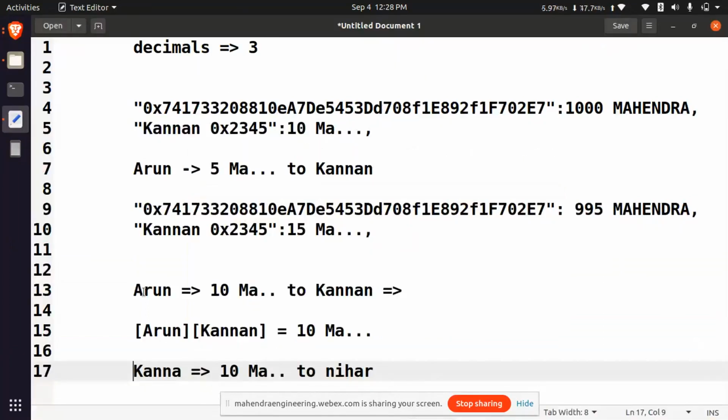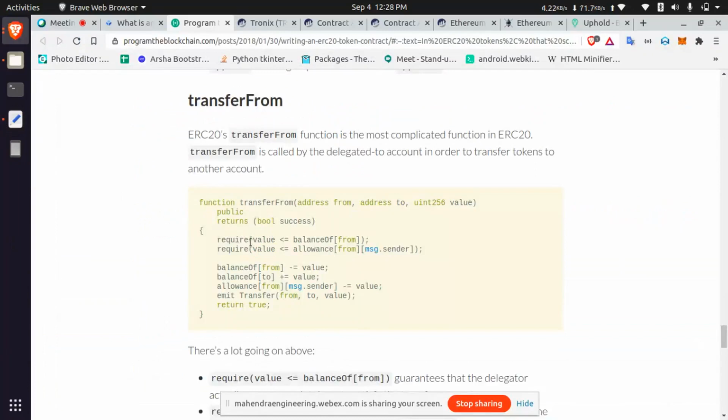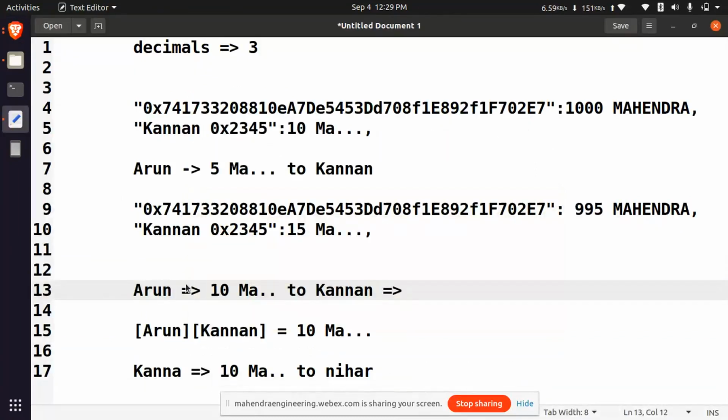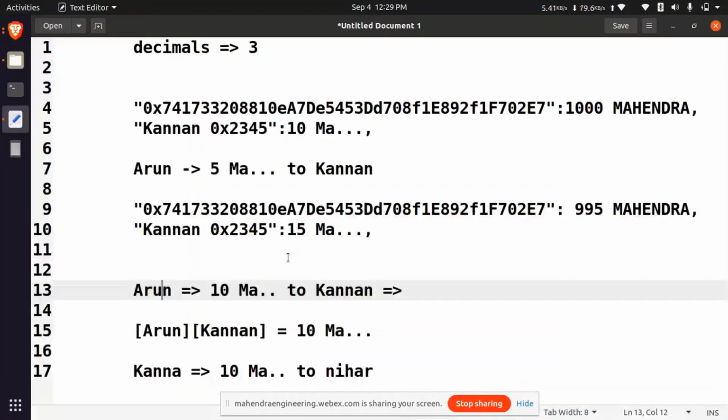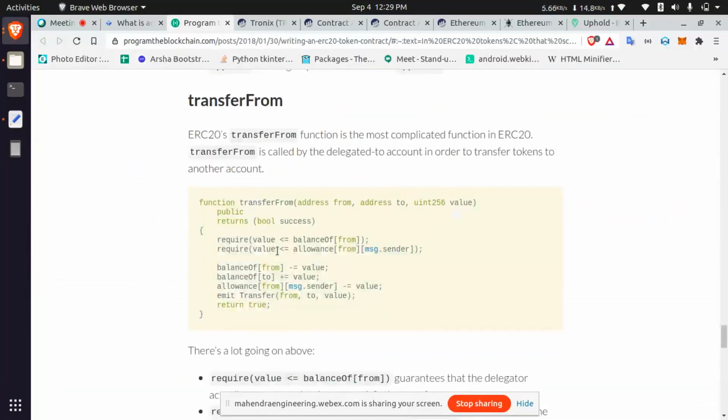We are collecting from my wallet, Arun's wallet, so we are checking whether the value is present in Arun's account. I am checking greater than or equal to, and then checking the value. If the allocated amount he entered is the same or not. If he enters 20, it will be reverted. So I am entering 10, so this condition also gets passed.